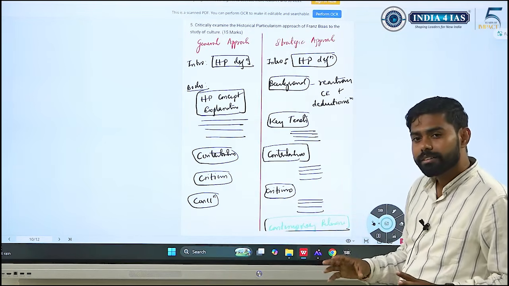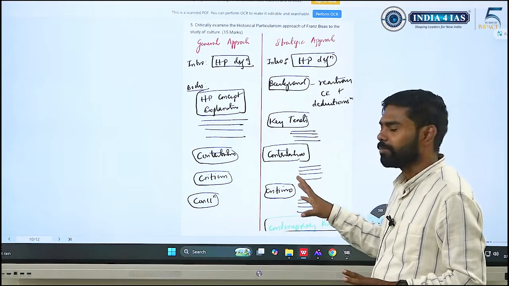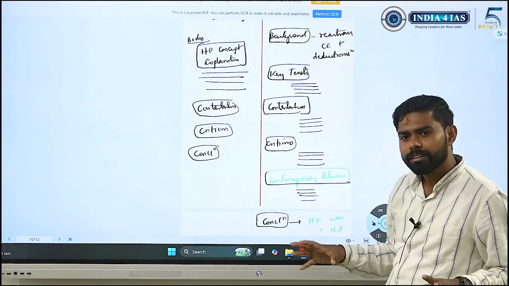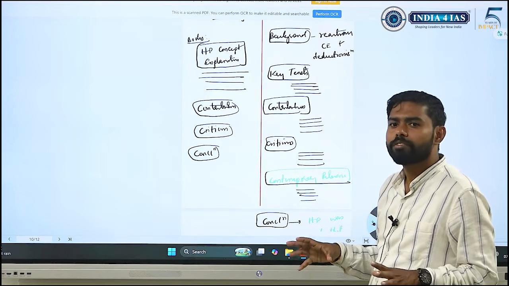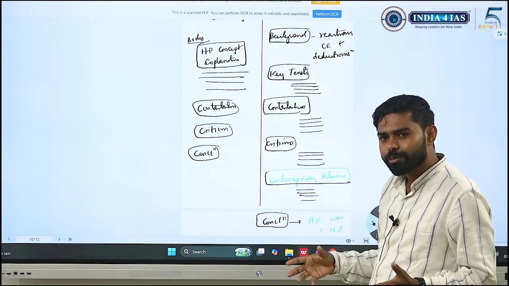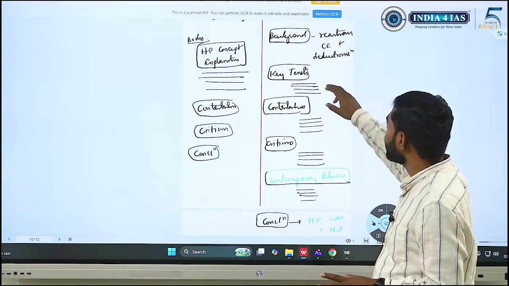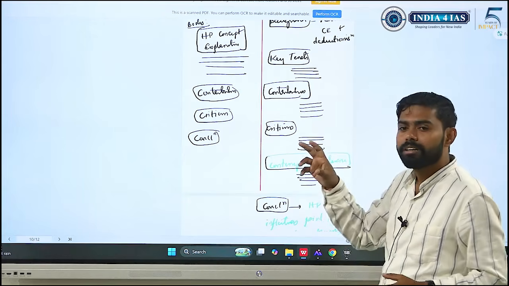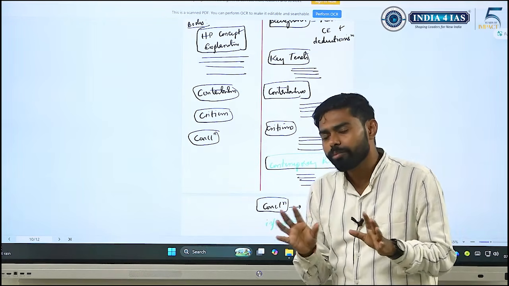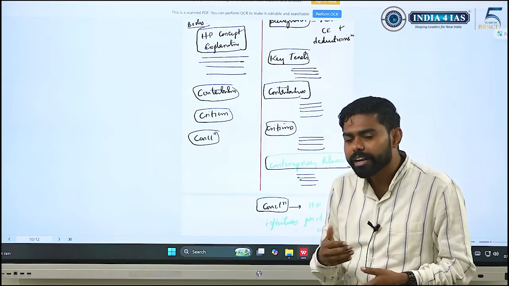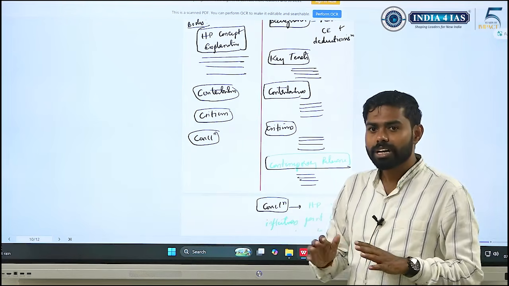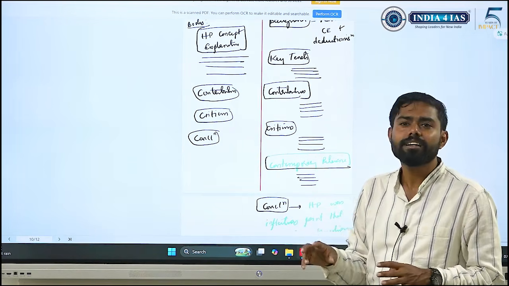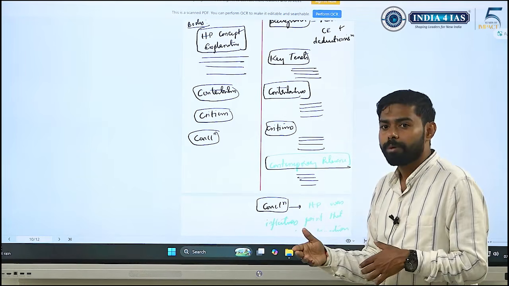But like I said, bring that strategic element. Background: yes, it came at a time when classical evolutionism was suffering a lot of criticism, like armchair anthropologists, secondary sources of data, and deductionists. They were making theory out of thin air. So that is when Franz Boas came and said that we should not make a theory out of thin air. We should collect data first and then sit and analyze.